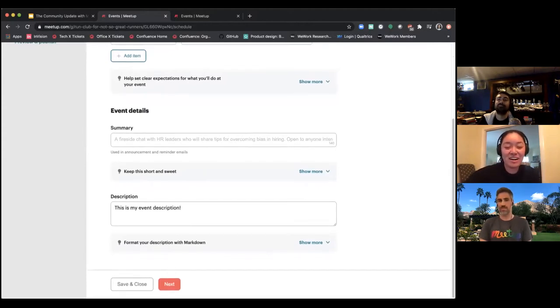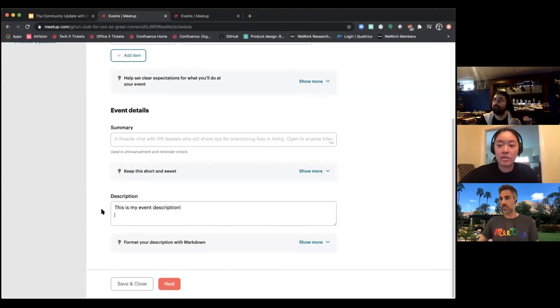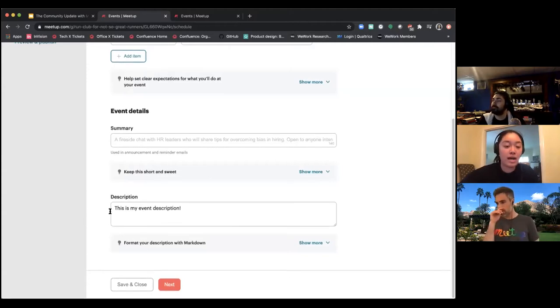But something I want to call out here: one of the big feature requests that have popped up here and there across the last few years is rich text formatting in the description. We know that this is something that Meetup used to offer in the past, and so we're starting to explore how we can bring that back. At the moment, what you can do is use markdown syntax to format your event description. If you want to bold text, you can bold it.